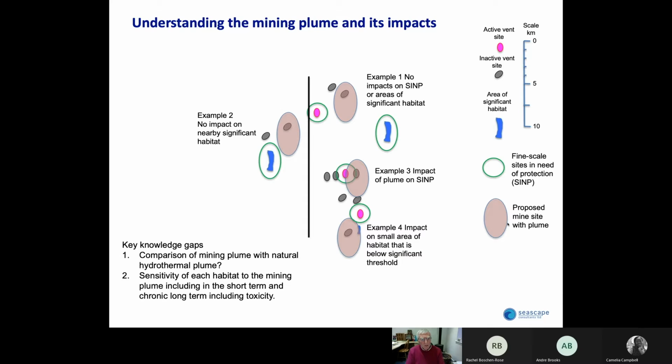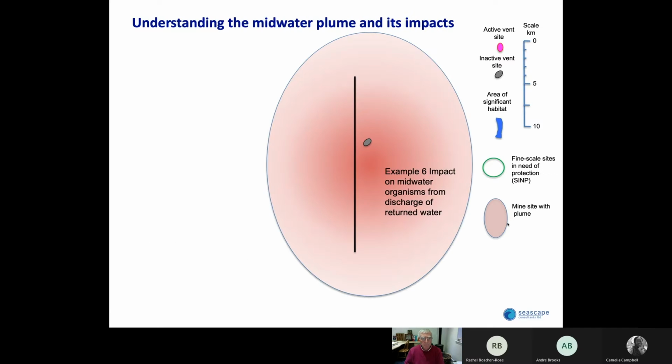We then need to know the sensitivity of each habitat to this mining plume, including short-term effects and the chronic long-term effects of potentially years of mining in one place. And those effects may be different, for example, between hydrothermal vent communities and other VME type communities such as corals and sponges. In the midwater, we really know very little at all, and key knowledge gaps are just understanding the